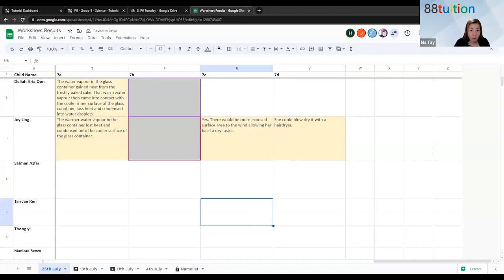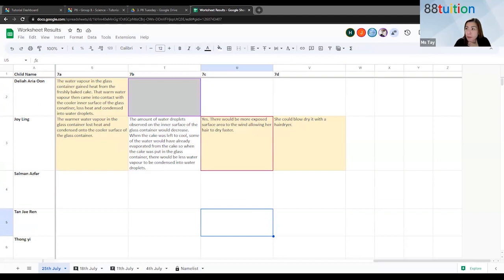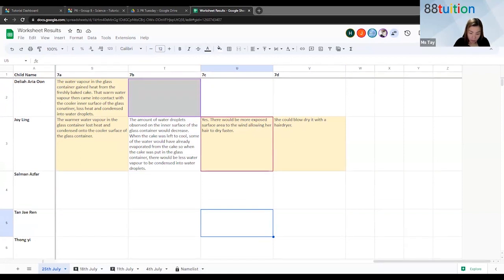Okay. So when we look at the next question now, I know you all are typing in. It's okay. We'll just go through first. So Mrs. Chen and her daughter then baked another cake, left it to cool in the kitchen for half an hour. So there's a difference now. They baked another cake, but they left it to cool in the kitchen for half an hour before putting it in another glass container. So when this happened, the cake already cooled down by a lot. Half an hour, I suspect it will be like at least